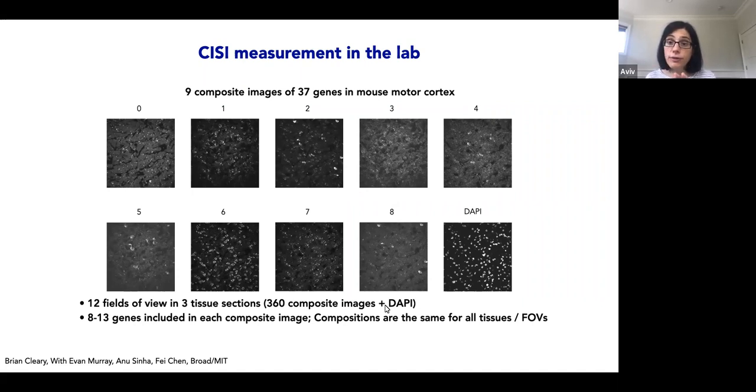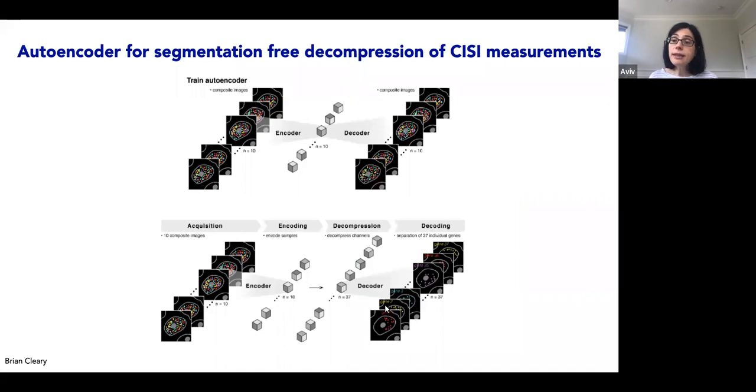And as you can see, there is very little pattern that's apparent to the eye using these composite measurements. Next, we decided to decompress these images. And we used 2 approaches. In one approach, we first segment the cells, and then we decompress the expression per cell. But we also developed a segmentation-free decompression, which is based on an autoencoder approach. First, we do the decompression from 10 to 37 channels in the encoded latent space,